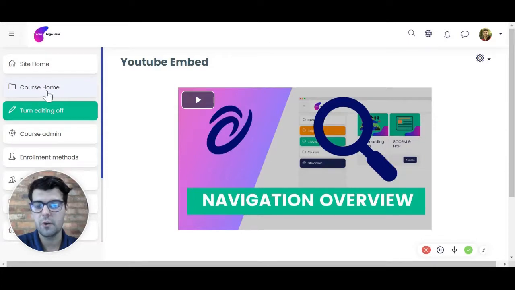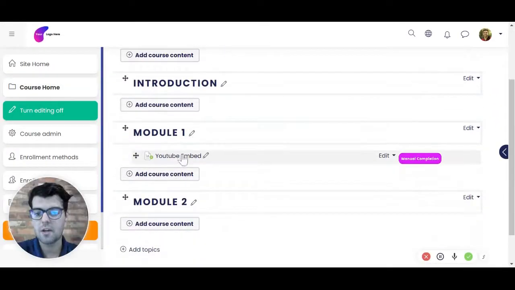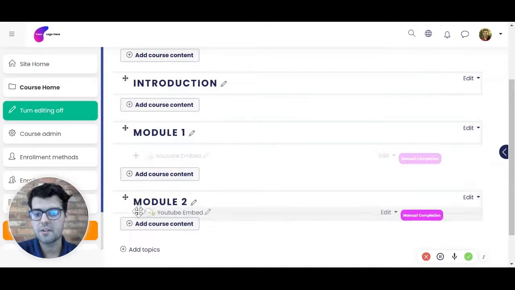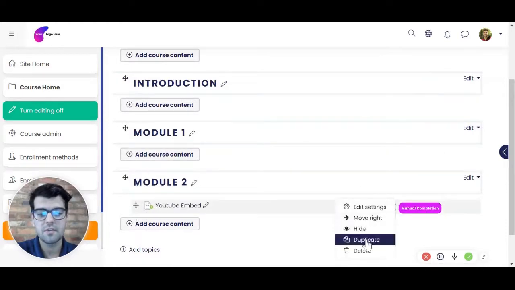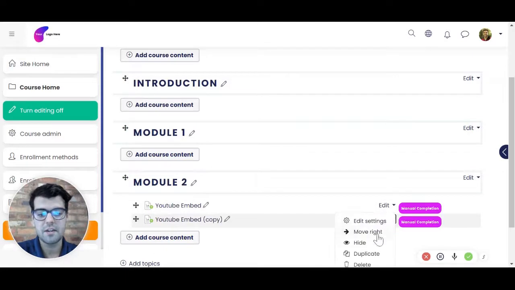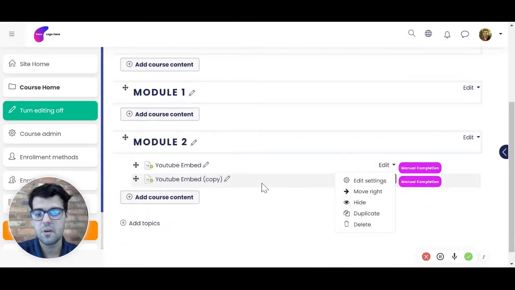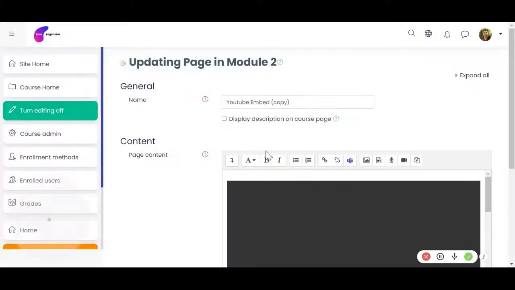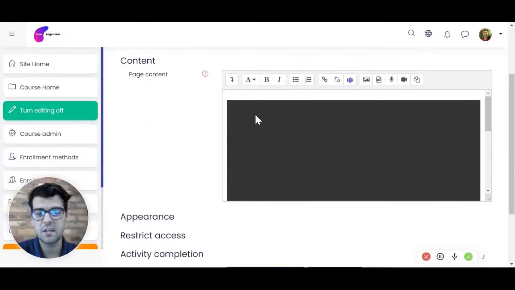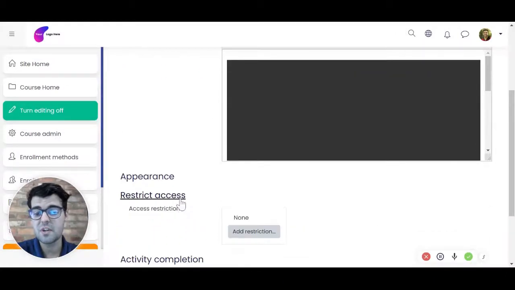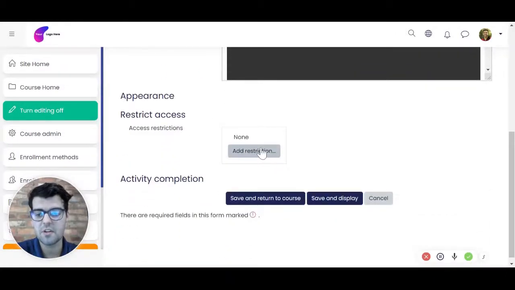If we click on Course Home, we'll see that that page has now been created. What's quite nice is you can move that page around, you can even duplicate it, you can hide it. There's so many options that you can do. What's really useful as well is you're going to edit settings, you can edit that page again or call it something different. You can edit that page content, and you can even restrict the access to this page. So if you want to add a restriction, for example, they need to complete a quiz before viewing this page, you can do so. There's so many things that you can do with Pluto LMS in terms of content building,